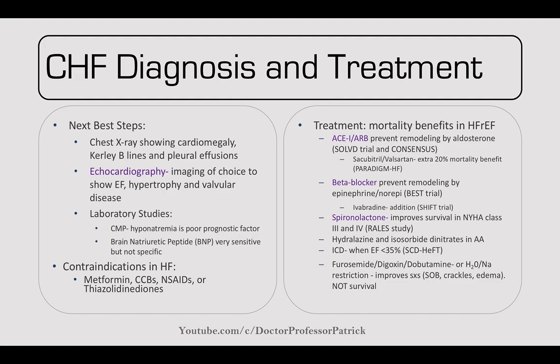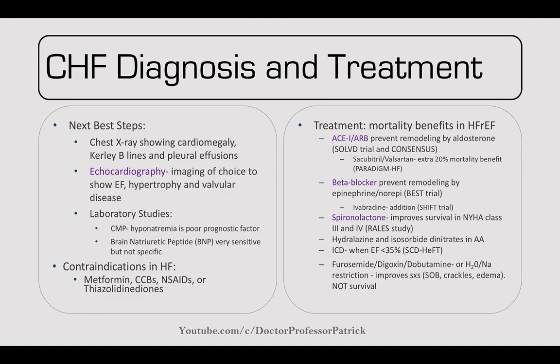So next up, we've got spironolactone, which improves survival in New York Heart Association class 3 and 4, and this was the RALES study. So this is a potassium-sparing diuretic. And then you've got hydralazine and isosorbide dinitrate, which is proven in African American people as an extra benefit